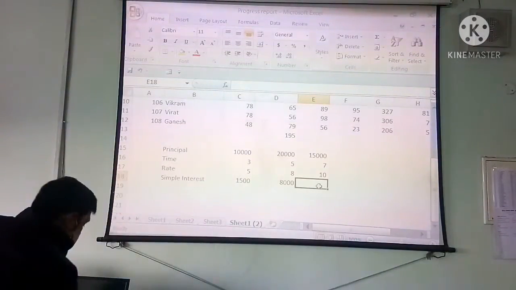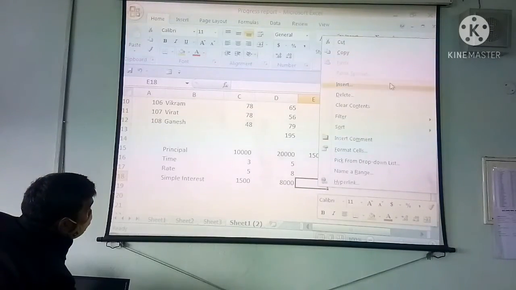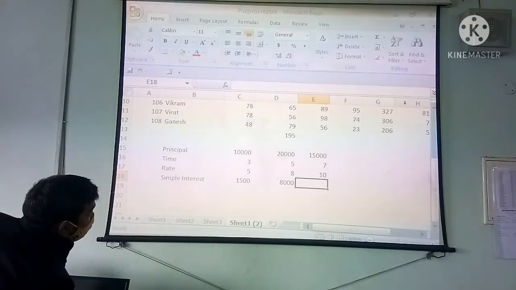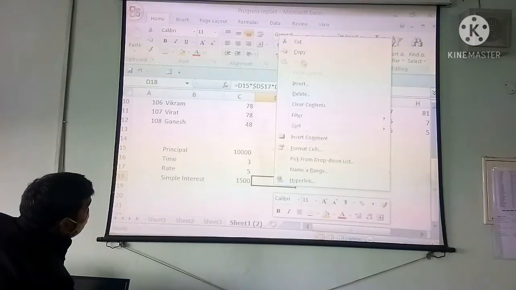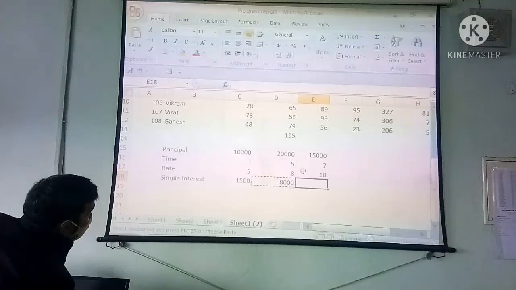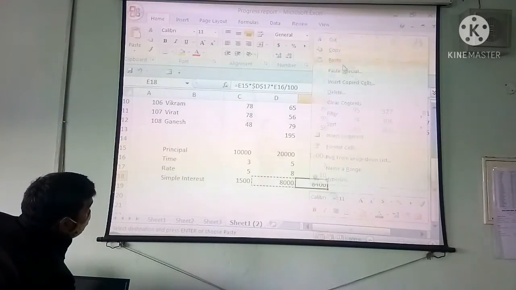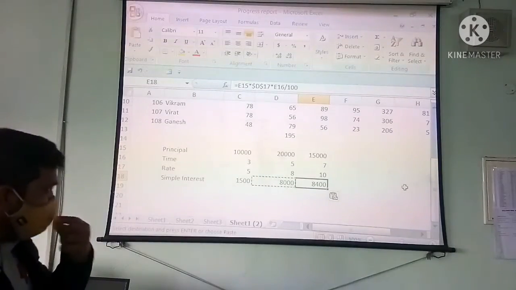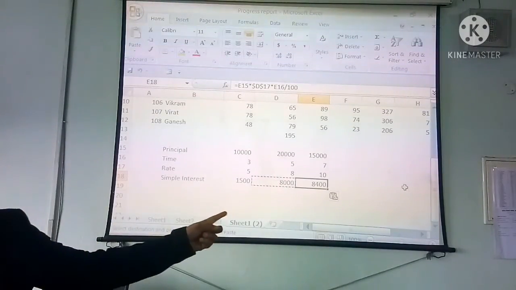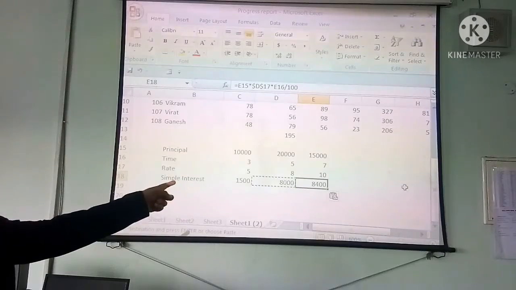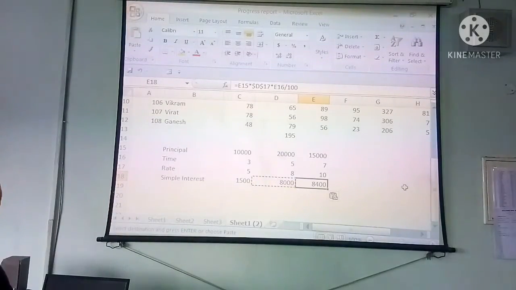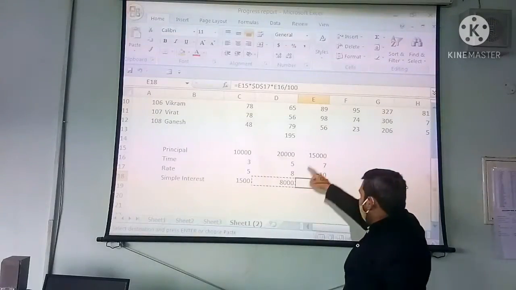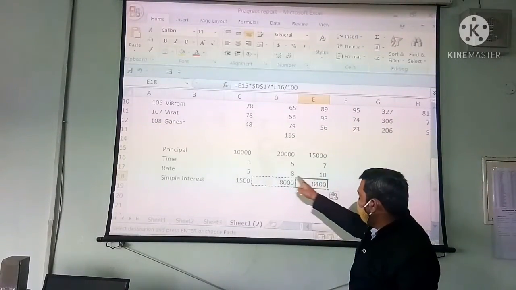Okay. Again I have to copy. Copy and paste. So here this time we find the new value 8,400. This has happened due to the change of the rate percent. This time the rate is taken as 8%, not 10%. And the time period here, see, principal decreased, time period increased, but the rate we have taken from this.